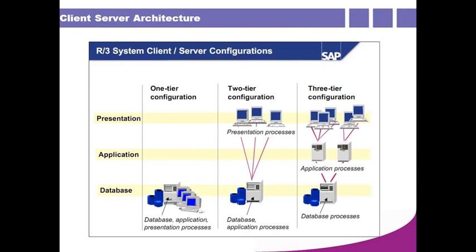Why? See here, my SAP has 10 GB RAM dedicatedly, maybe more if you want. Here it has its own RAM. But in one-tier or two-tier, the same 10 GB or 15 GB is shared by every layer, with no dedicated RAM for a particular layer. Whereas in three-tier, each layer has its own CPU, its own RAM, its own processor, same for the database and the presentation layer. That's why three-tier configuration is recommended for the best results in regular business scenarios.